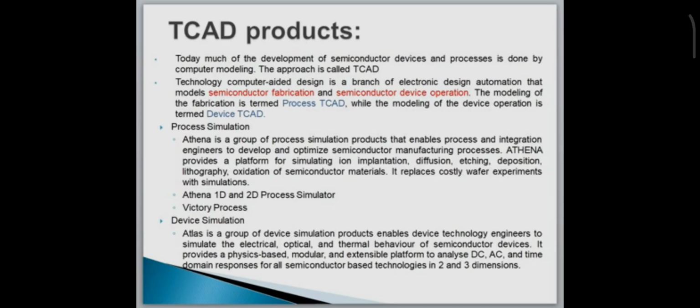TCAD सॉफ्टवेयर से हम दो मॉडल डिजाइन कर सकते हैं, एक सेमीकंडक्टर फैब्रिकेशन मॉडल, एक सेमीकंडक्टर डिवाइस ऑपरेशन। हमारा डिवाइस कैसा दिखेगा, उसका स्ट्रक्चर क्या होगा, उसके आउटपुट कैसे होंगे, करंट वोल्टेज कैरेक्टरिस्टिक्स, कैपेसिटेंस वोल्टेज कैरेक्टरिस्टिक्स। The modeling of the fabrication is termed as process TCAD. अगर आप डिवाइस को वर्चुअली फैब्रिकेट करते हैं, तो इस प्रोसेस को हम प्रोसेस TCAD कहते हैं। While the modeling of the device operation is termed as device TCAD. अगर हम उसका एक मॉडल डिजाइन करते हैं तो हम उसको डिवाइस TCAD कहते हैं।